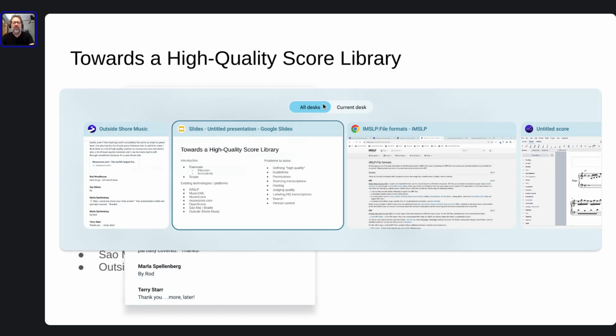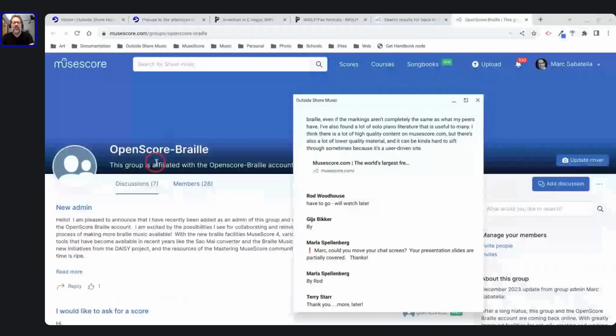be kind of like what I'm talking about, but very specifically focused on Braille. In other words, the idea would be it wasn't going to be this whole